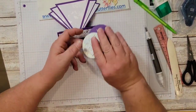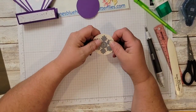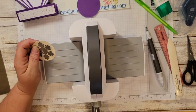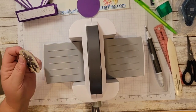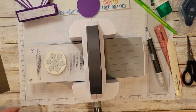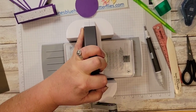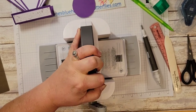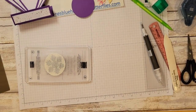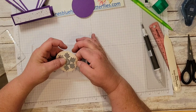Then on the front, this is where I'm going to die cut a snowflake to go on the front of my paper here. I'm going to bring in the Stampin' Cut and Emboss machine, the mini. It is very well loved. And I'm just going to put that on there. This just depends on what size of dies you have for the snowflakes, or whatever design you want to go with. If you want to use this paper for a birthday or some other type of celebration, you could do that as well. And then I'm just going to peel back this,